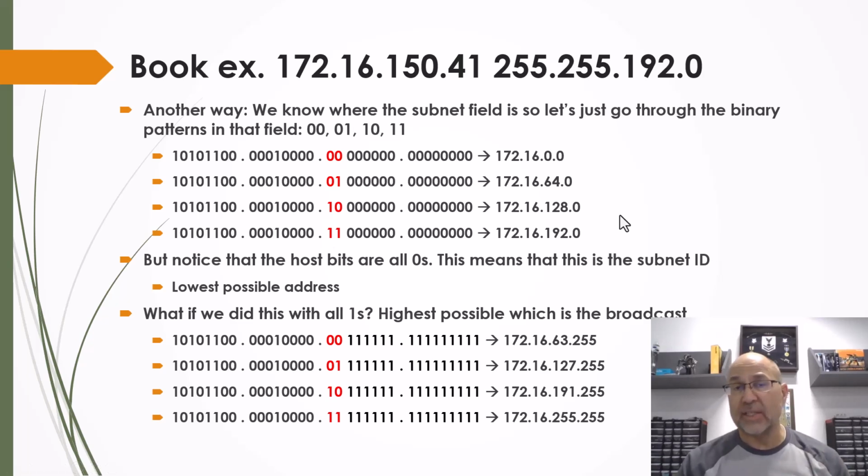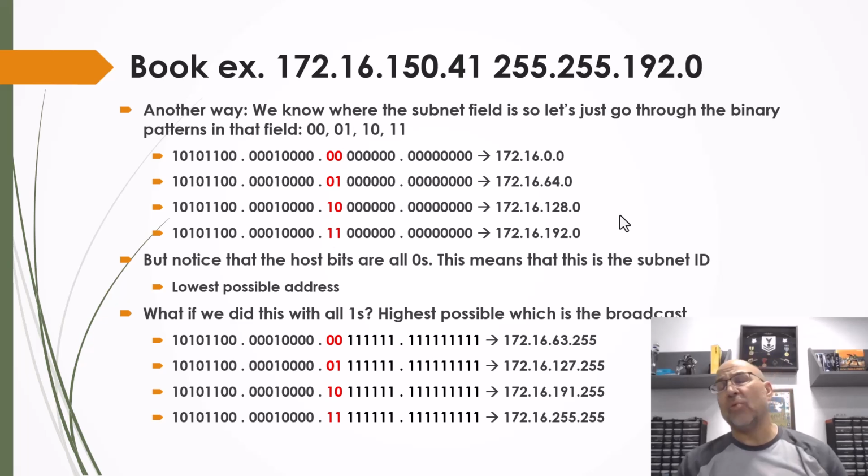In other words, it gives us the subnet IDs of 172.16.0.0, 64.0, 128.0, and 192.0. What if we take the host portion and do the exact same thing, but we convert the host portion to all ones now? So same thing with the subnet field, but all ones in the host portion. So in the first subnet, we started at 172.16.0.0. We put in all ones, which is exactly what we did when we converted 16,383 to binary. And we find out that we get